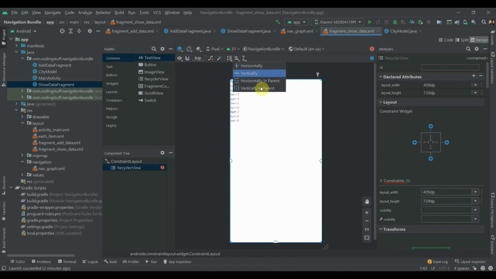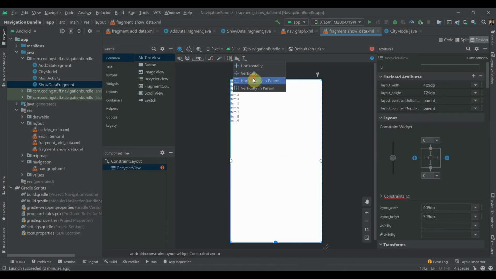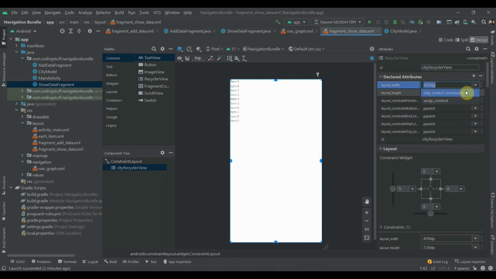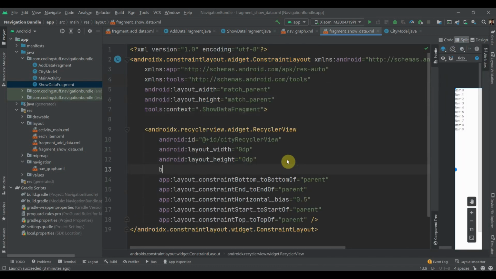We'll drag the recycler view, constrain it vertical in parent and horizontal in parent. We'll name it city recycler view. Let's just change width and height to match constraints.